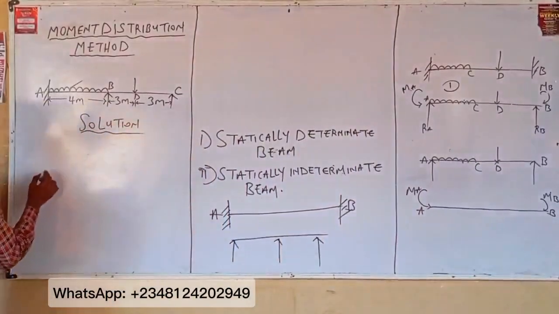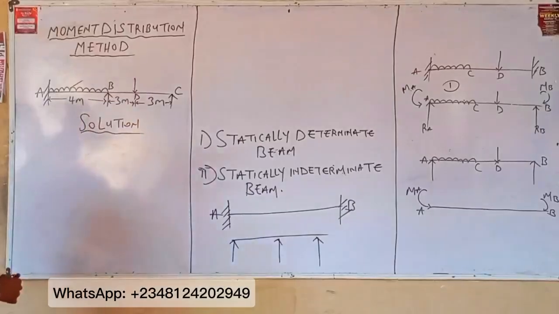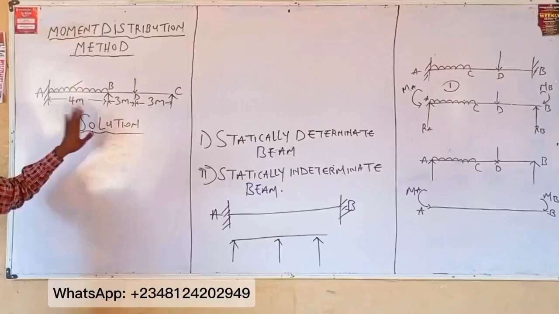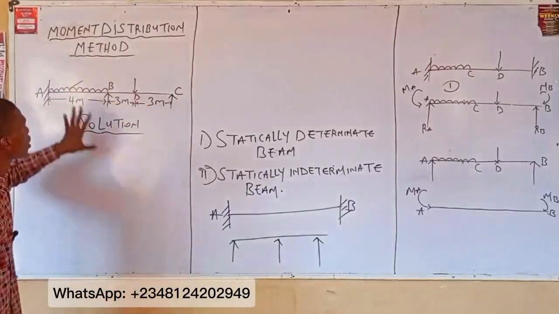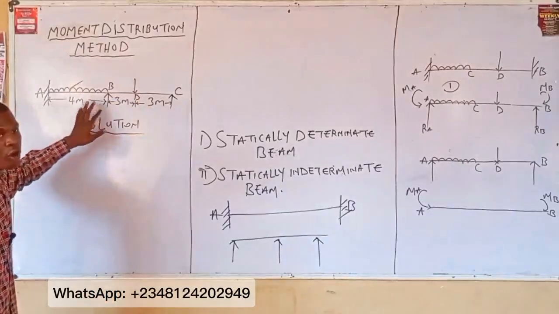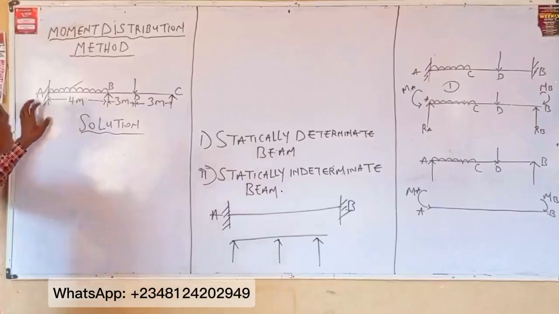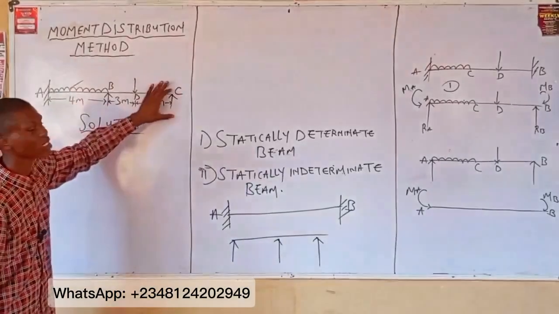Now, you are going to identify at point B, what type of support do you have there? You have a pin support, right? This support is called an intermediate support. You have point B, right? From here, you are interested in knowing the value of moment at each support. You are interested in knowing the value of moment at A, at B, and at